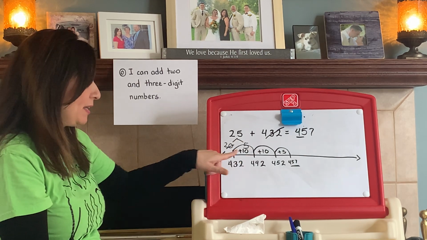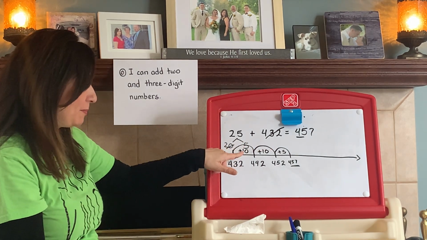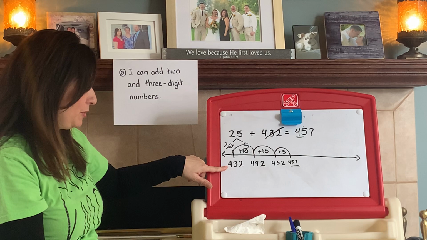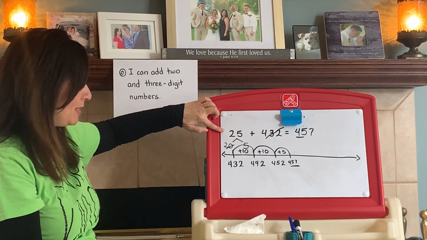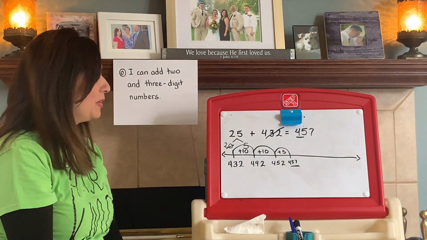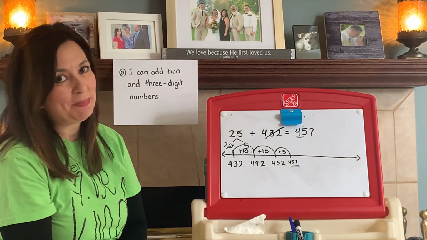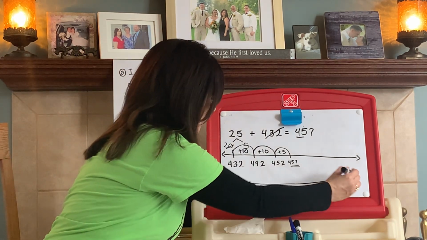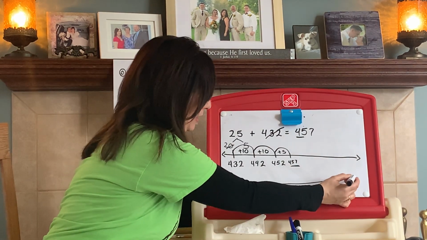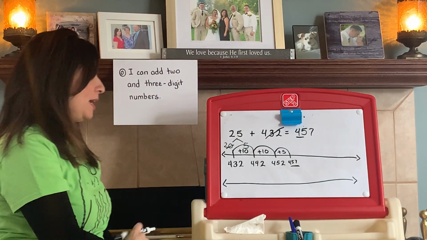I know I've added the correct amount because I can add my jumps. I started at 432 and then I jumped 10, 20, plus 5 more is 25. That's 432 plus 25. I'm going to show really quickly, because I know so many of you are so comfortable with this, down here, hope I don't run out of room, that you could